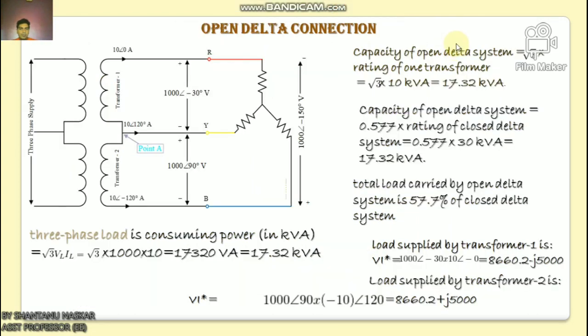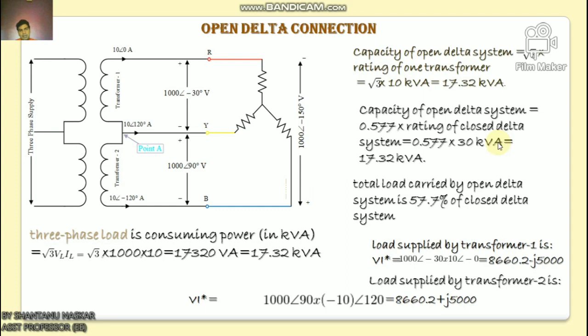Now I will discuss the open delta connection, and what is open delta connection, what is VV system. If you listen carefully to my words, you will definitely understand this process. An open delta connection transformer uses two single phase transformers to provide a three phase supply to the load. An open delta connection system is also called VV system. Open delta connection systems are usually only used in emergency conditions, as their efficiency is low when compared to closed delta system, which is used during standard operation.